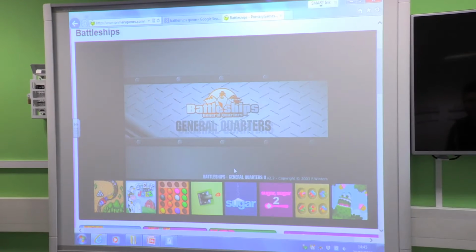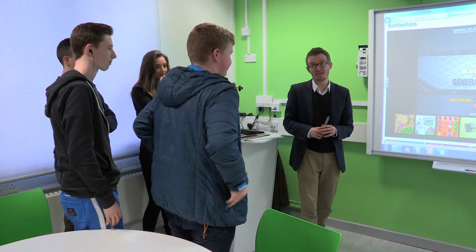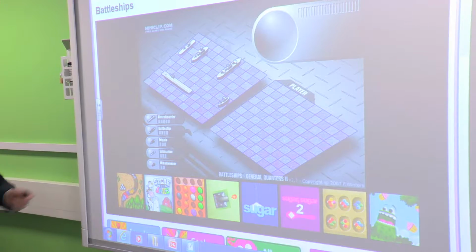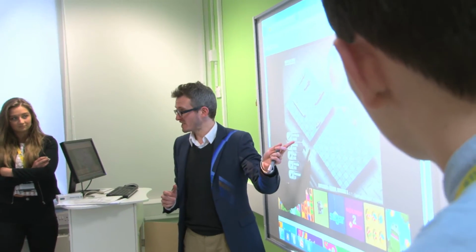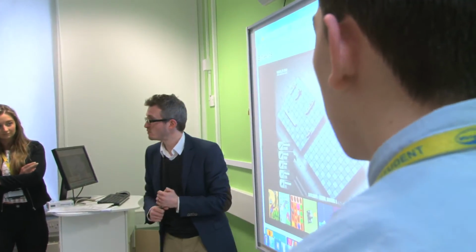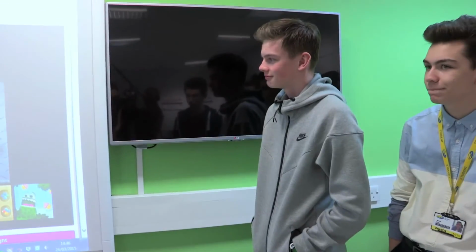So our ships are now deployed. These learners are playing a game of battleships as part of a revision session on coordinates. How are you going to go about giving the instruction? So what would you say? Number across and number up. Yeah, number across and number up. Would you be happy if he gave you that instruction? Okay, number across, number up, so far away.